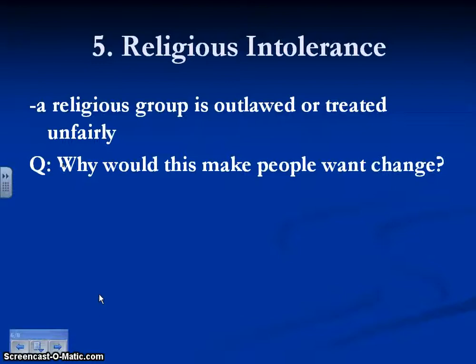Number 5 would be religious intolerance. Religious intolerance is very similar to social injustice. It's just based on religion. So if you are treated differently because of your Judaism or your Christianity or your Islamic faith, this would be considered religious intolerance. So you could think about why the Puritans